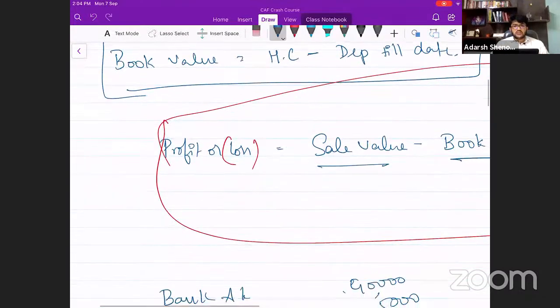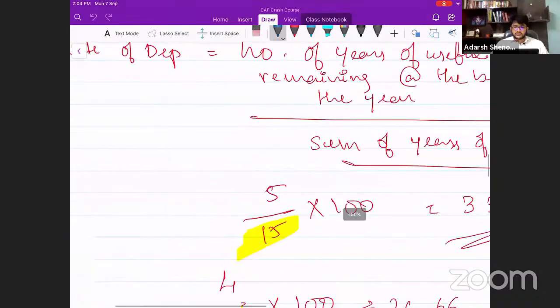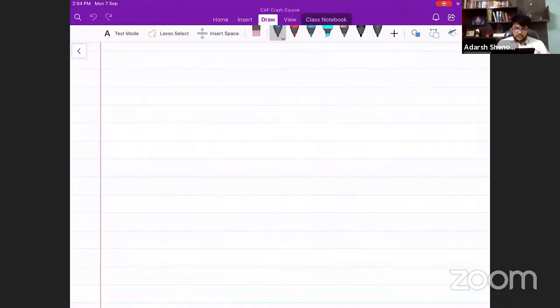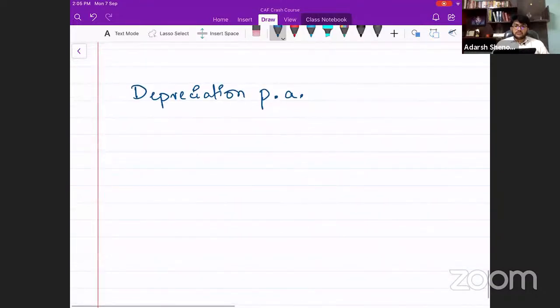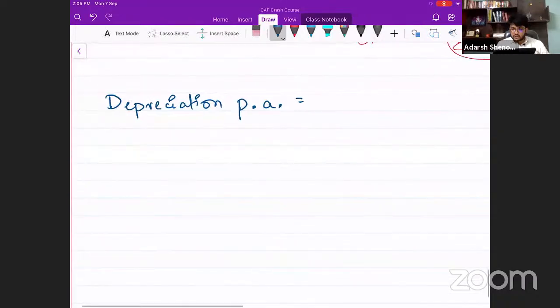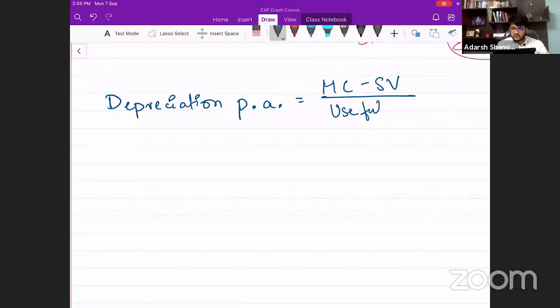Before I start that, I'll just ask you a question. Under the straight line method, what did you calculate first? How did you calculate depreciation? Depreciation per annum, per year. What was the formula when you said depreciation per annum? Historical cost minus salvage value divided by useful life